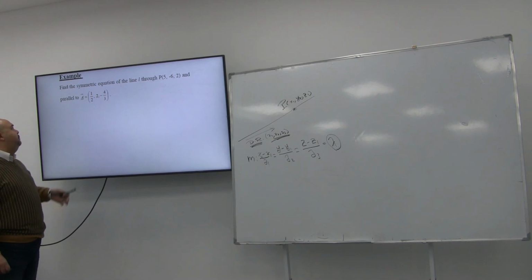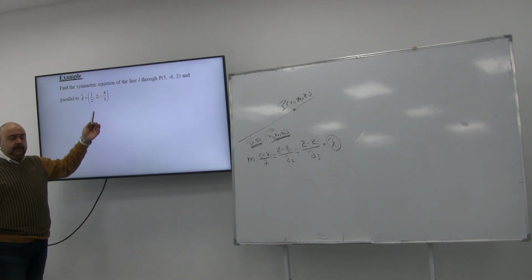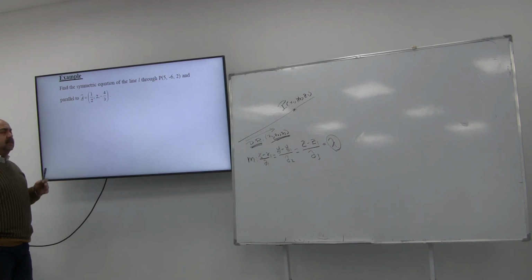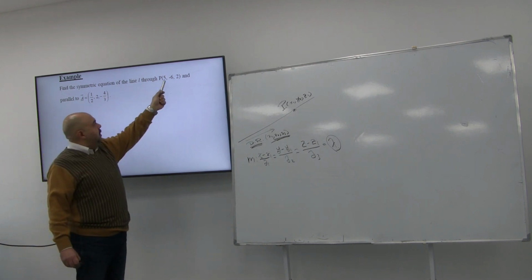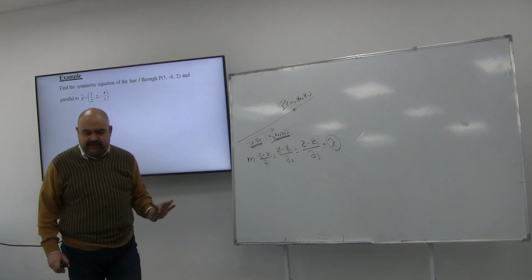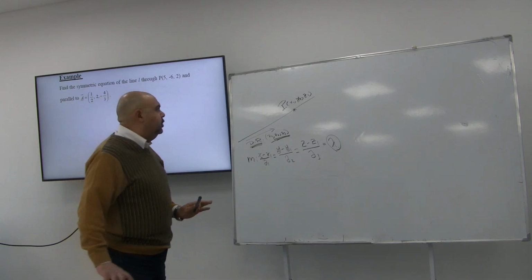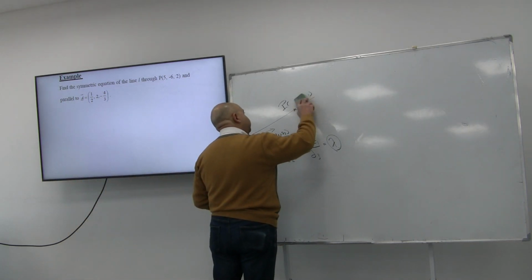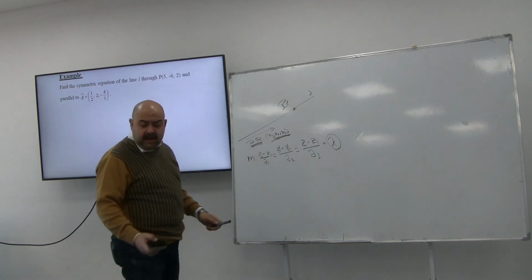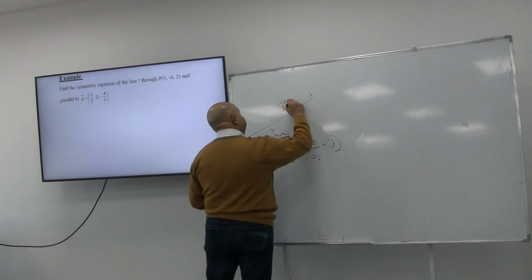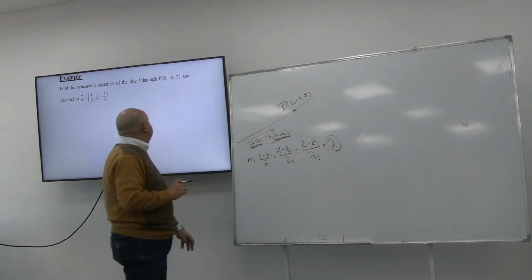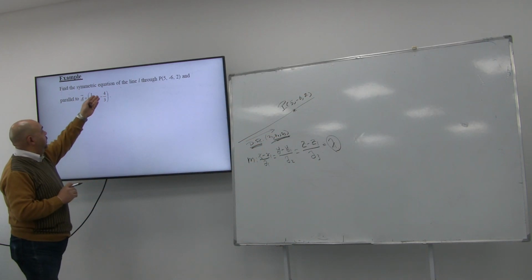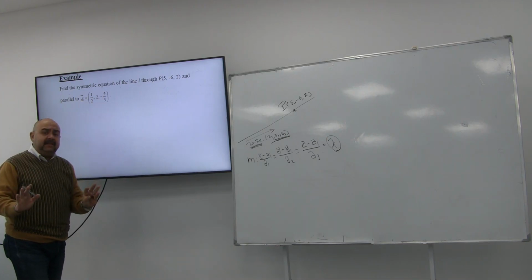Okay, let's see. If I want to have the symmetric equation of the line passing through the point P and parallel to this direction vector, or if I want to find a symmetric equation for a straight line with this direction vector and passing through this point, it's really a piece of cake. All I have to do is to just replace the point, which for my case here is going to be 5, negative 6, and 2. And for the direction vector, which is 1/2, 2, negative 4 over 3, you can leave it as it is,